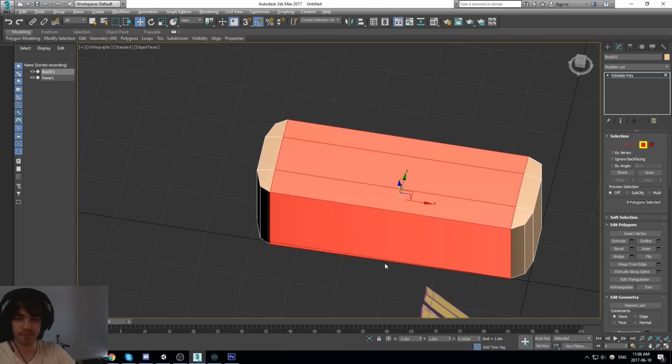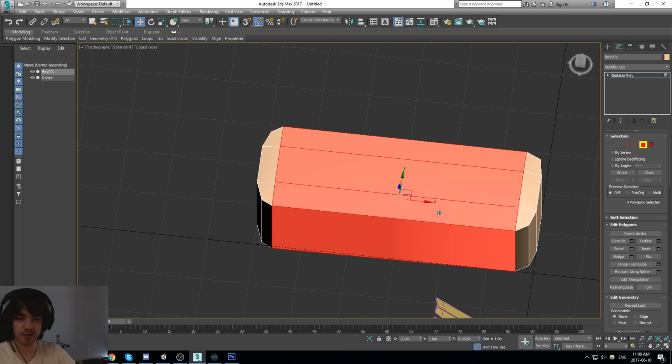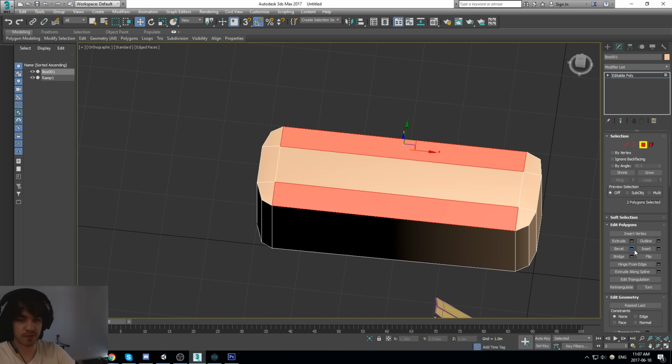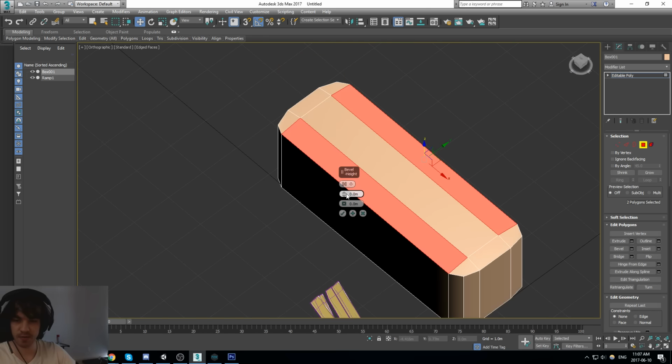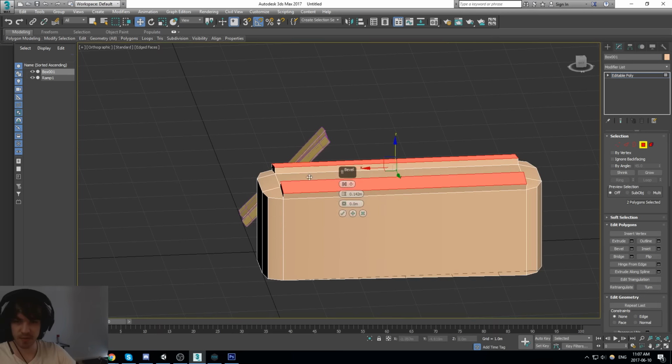Okay. I have to think. What are we going to be doing with these? Maybe bevel that and then arc it. But the player is going to be moving on that axis. That's why I'm hesitant to do anything with this.